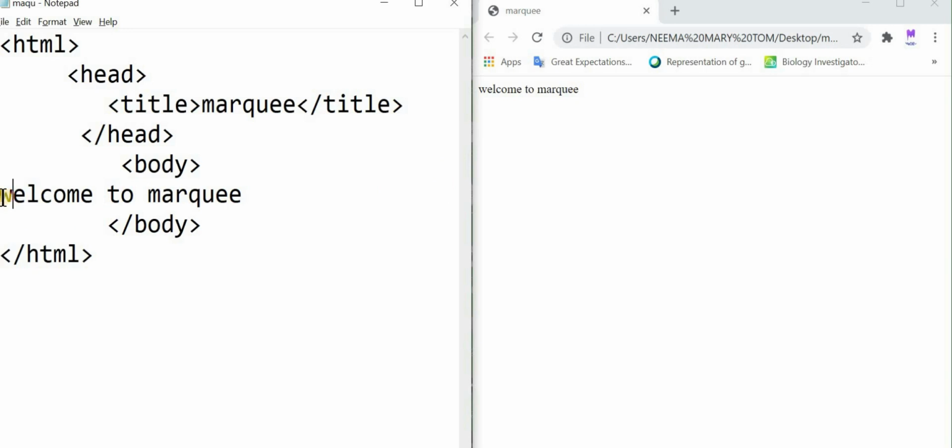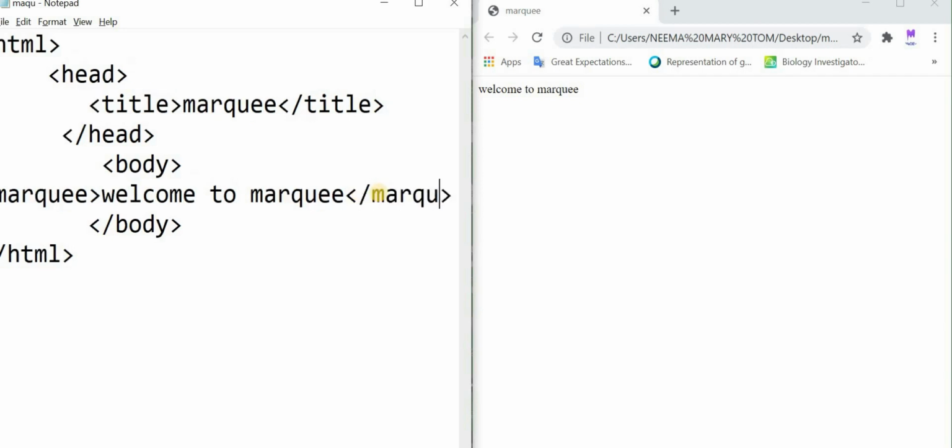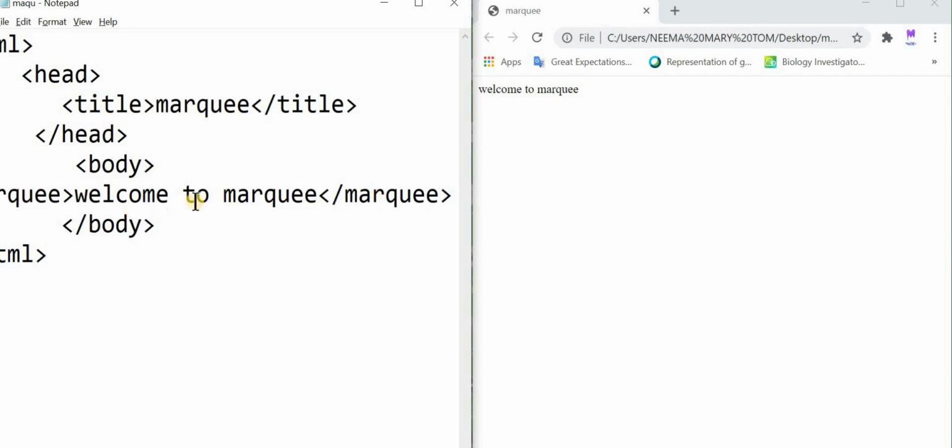So we can give marquee here. I am giving the opening marquee tag, then the closing tag of marquee.